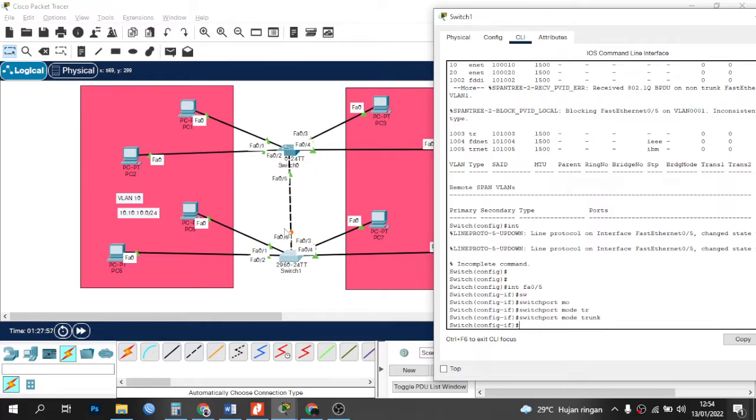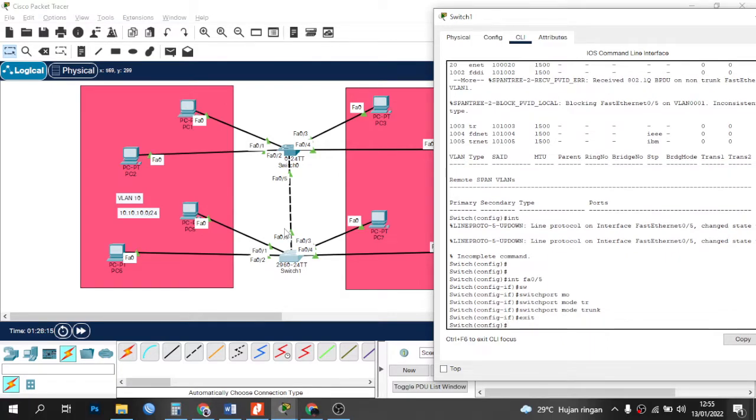Now after entering the configuration above, let's check which VLANs can be accessed. To do this, enter the command do show interface trunk. Exit to global config mode, do show interface trunk.